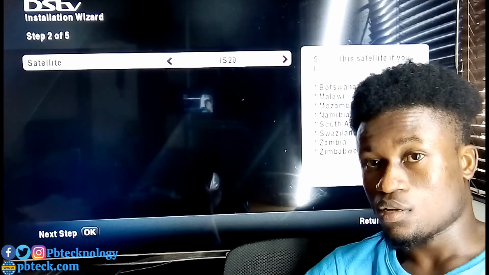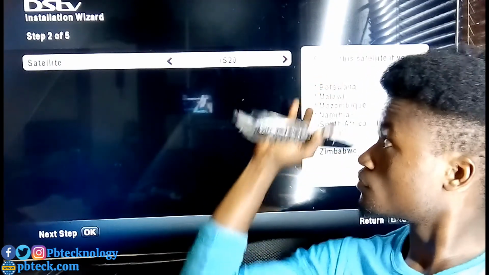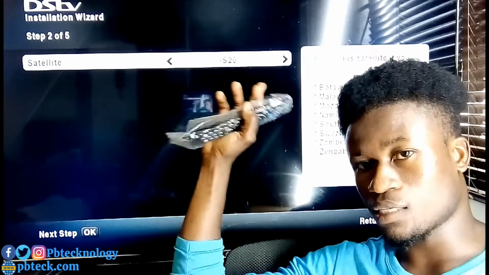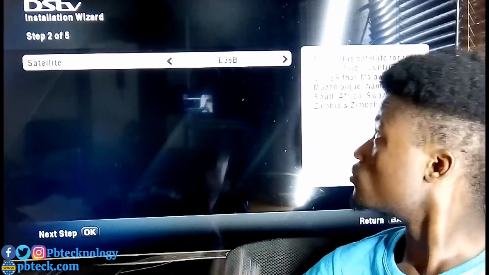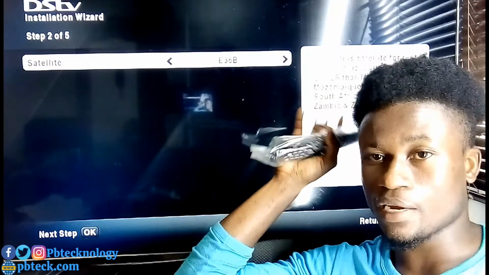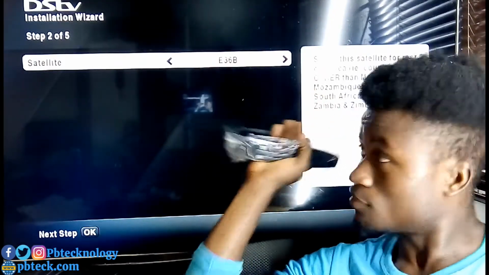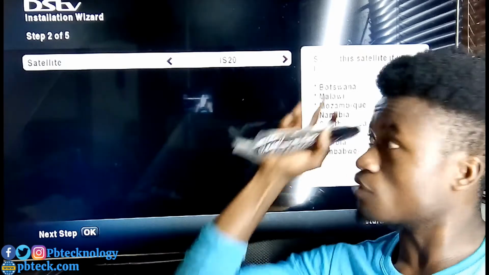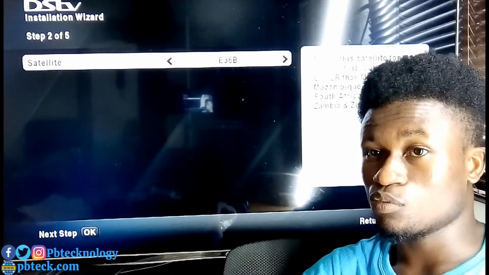If you cannot find your country name in this list, you need to change the satellite from IS20 to E36B. That's for the rest of Africa. So if you are living in Kenya, Nigeria, Ghana, Cote d'Ivoire, Senegal, and the rest of Africa, and you can't find your name over here, you change the satellite to E36B, and then you move on to the next page.